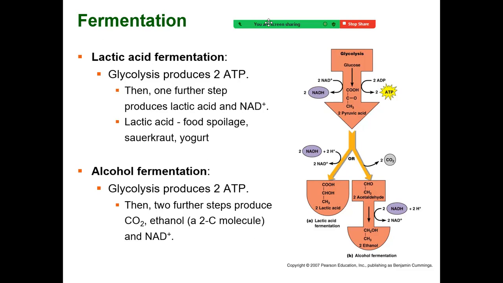This is showing you on the right another fermentation reaction, and it's a 2-step reaction where pyruvate is converted into acetaldehyde, and this is a 2-carbon molecule. So one of the carbons has to burn off as CO2 before this reaction can proceed. And then acetaldehyde will be converted into ethanol by NADH. Any question about any of that?